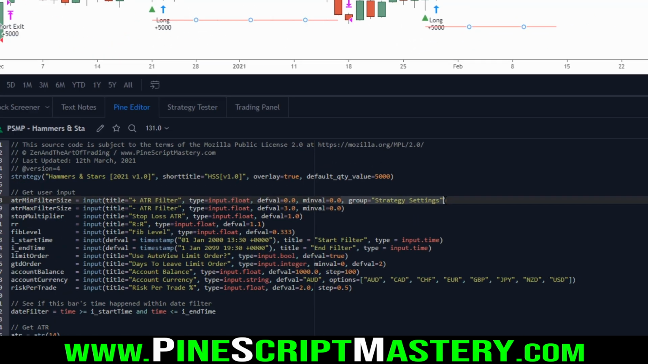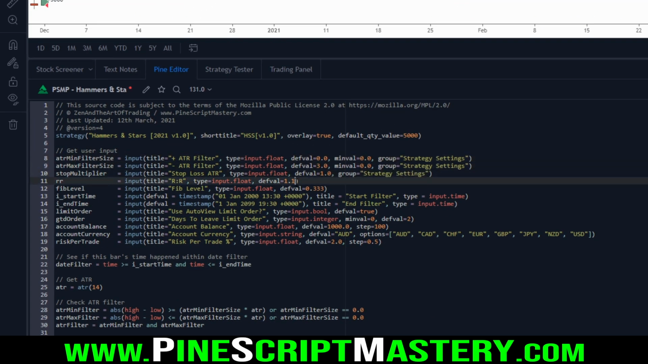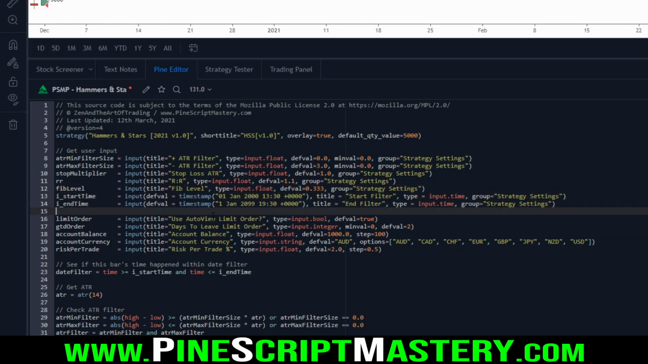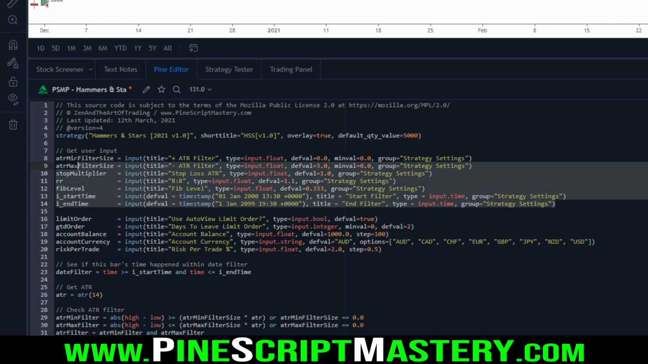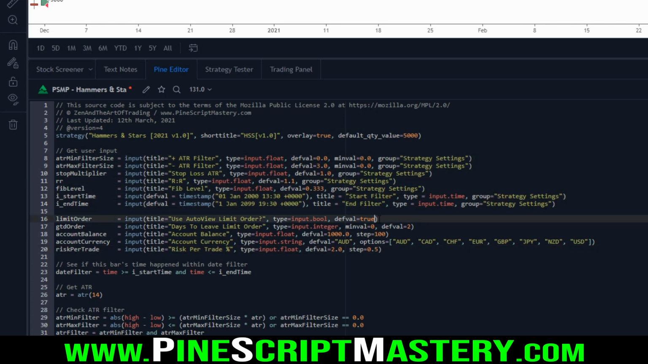So let me copy this bit of code here and paste it over all of these input parameters. Now, all of these ones here are for auto view. All of these settings here are for the strategy script. So now I can paste this group parameter into these other input variables, and we can change this to say auto view settings. And now if I copy this bit of code and paste it over these few settings,